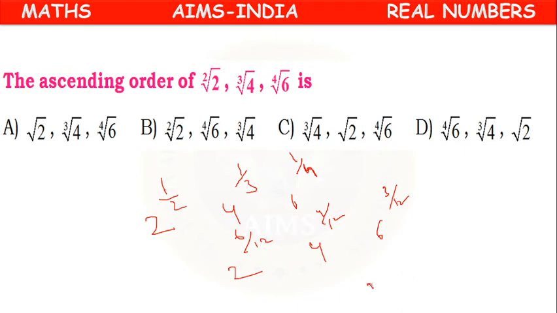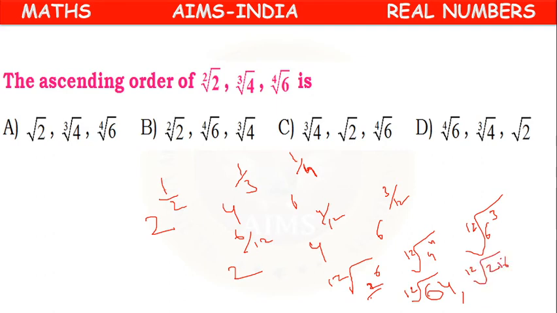Or we can write them as 12th root of 2 power 6, 12th root of 4 power 4, 12th root of 6 cube. 2 power 6, how much, children? 2 times 4, 8, 16, 32, 64. 12th root of 64. 4 power 4 how much? 4 4 16, 16 4 64, 64 into 4, 256. 12th root of 256. 12th root of 6 cube: 6 6 36, 36 times 6 is 216. Can be written as 216.